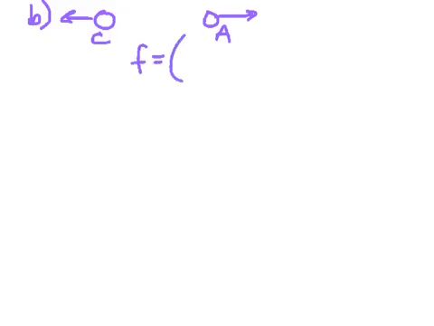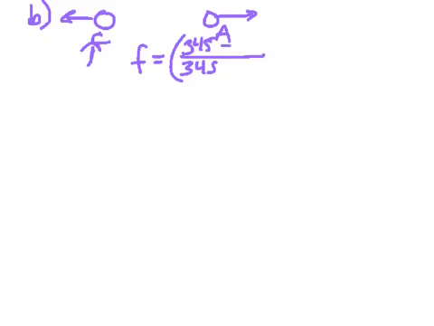The next part of this problem is looking at when the ambulance and the car have now passed each other. So here's the car, here's the ambulance. Now they're moving past each other and they're moving away. Again we're using the same equation. We have 345 as my speed of sound. Now our observer is the car, and the car is moving away from the source,